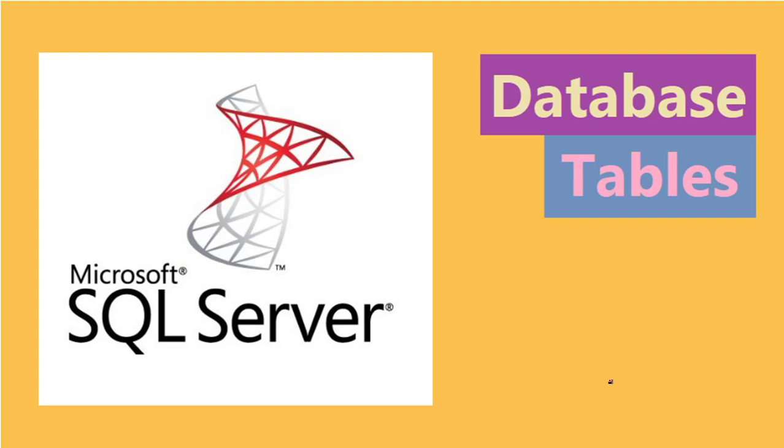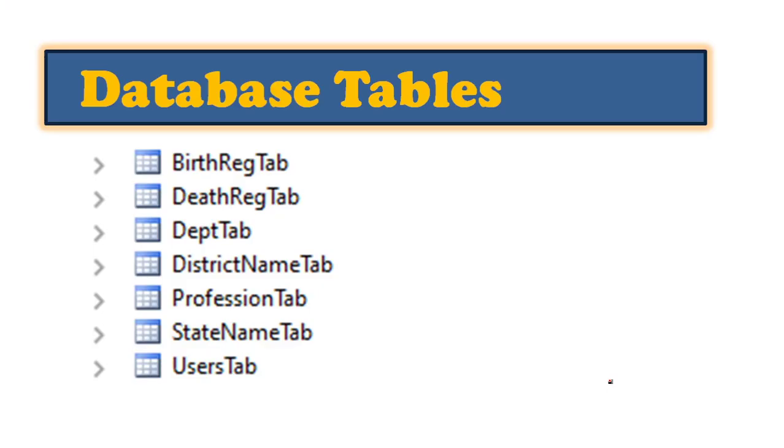Now let us look at the tables. What are the tables we are using in this project? As a mini project, we require at least 7 to 8 tables. Here we have 7 tables. One is birth registration, which we have discussed already. Whenever a birth happens, we need to register it, and whatever you enter in that particular form should come to this table. Death registration: again, if some deaths happen, they will come to the office and you need to enter the data. Once you enter the data, it will come to the corresponding death registration table.